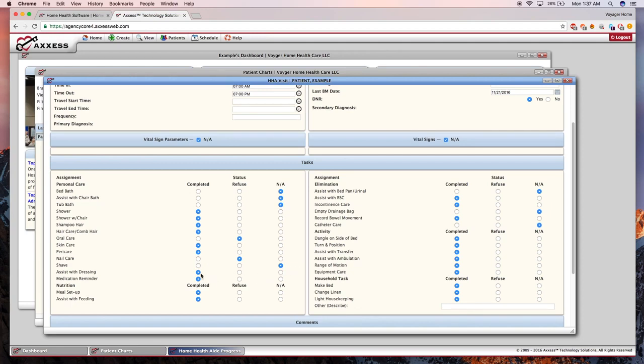We assisted with that jacket, so we assisted with dressing and reminded about medications. Meal setup, we did provide that. We made her meal, and we also assisted with her eating her meal. We did not use a bedpan/urinal. We assisted with the BSC bedside commode,